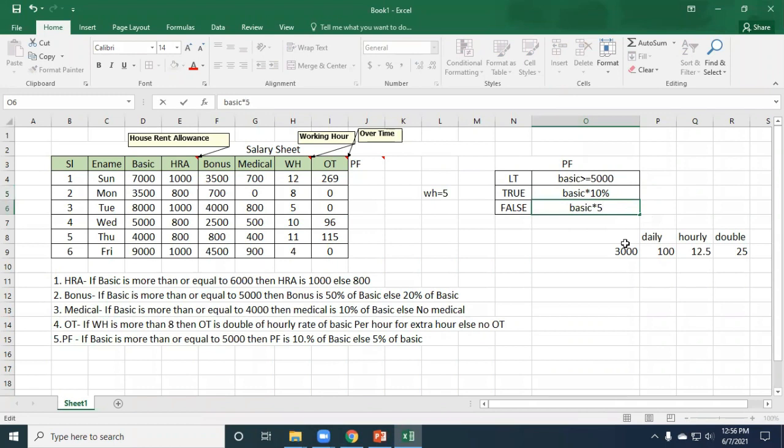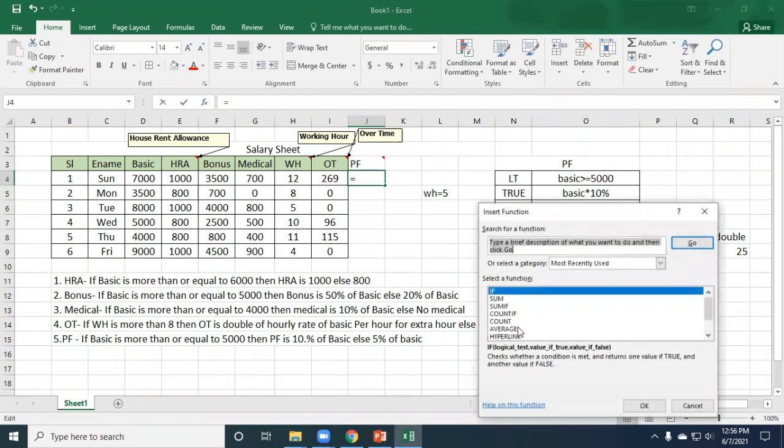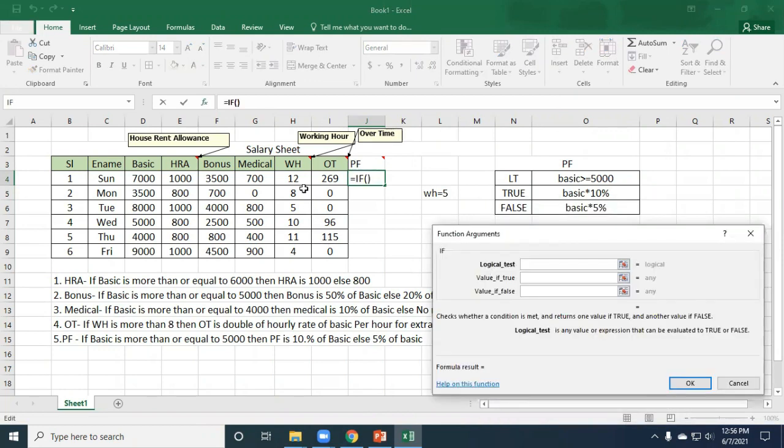That's all. It's very simple. For PF, select fx. If basic is greater than or equal to 5,000, then basic into 10%, else basic into 5%.